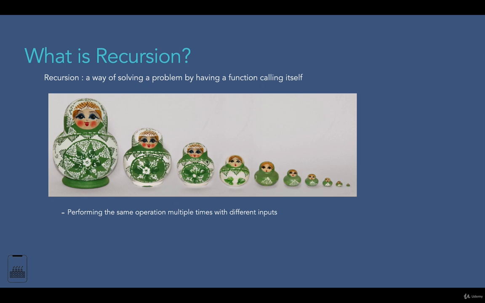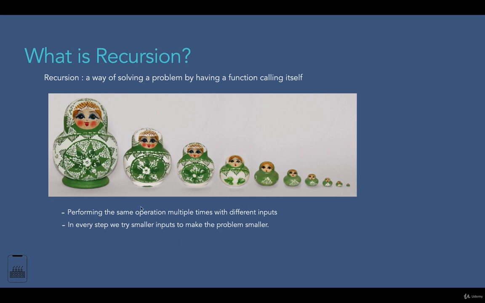Now the second property of recursion is that in every step we try smaller inputs to make the problem smaller. Similarly, in the case of opening Russian dolls, we first open the bigger doll, then we continue to the next smaller doll, then the next smaller doll, and so on. Now the question is why we are making the problem smaller and smaller. Because every time we make the problem smaller, it becomes easier to find the solution at the end, which is the smallest Russian doll that does not contain any other.